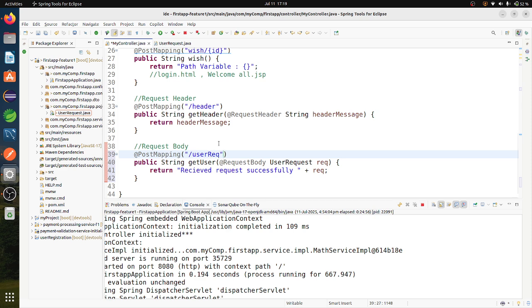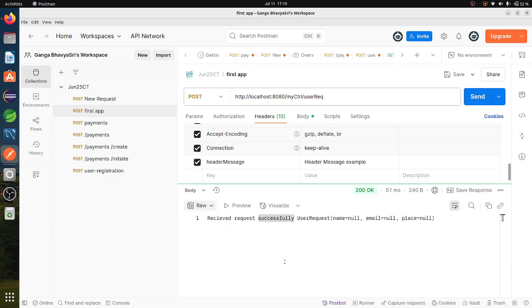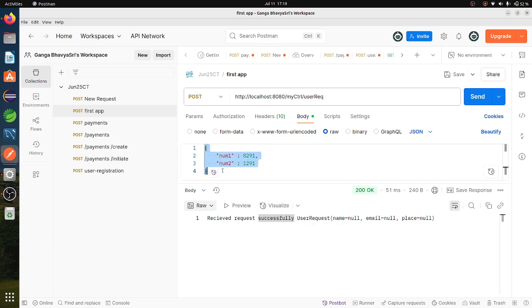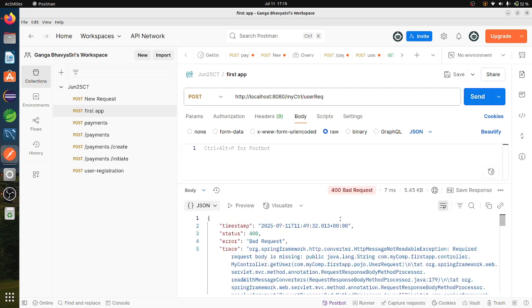So user request. Now I will take this one also. If I send this request, again it will throw an error because I haven't passed those values in a request body. First I'll remove this one. So it is showing me an error.